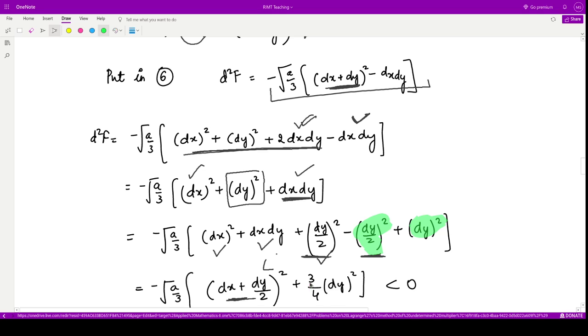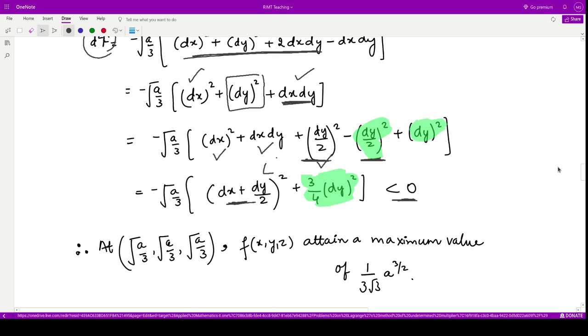Now you see in the bracket we have only positive terms, because these are the squares of some quantities, which are always going to be positive. We also have a negative sign here. So the sign of d2f is going to be determined by this negative sign, which says that d2f is always going to be a negative quantity. That is why we say that at this point the attained extreme value is a maximum value, and the value was 1 by 3 root 3 a to the power 3 by